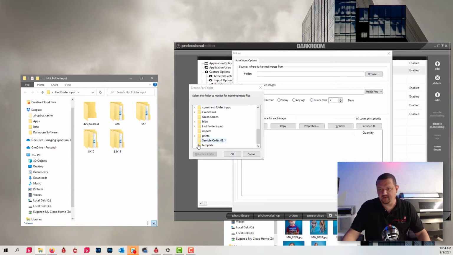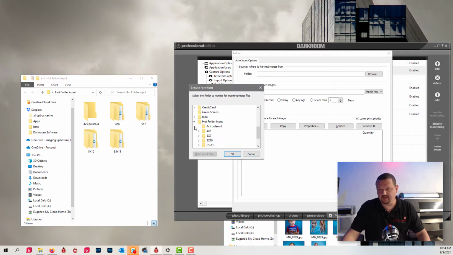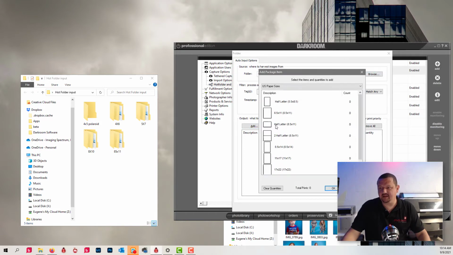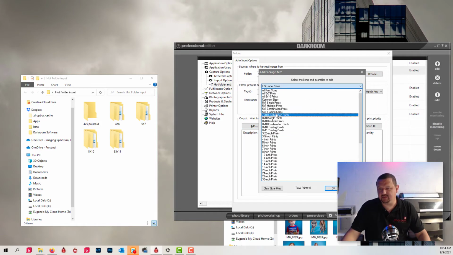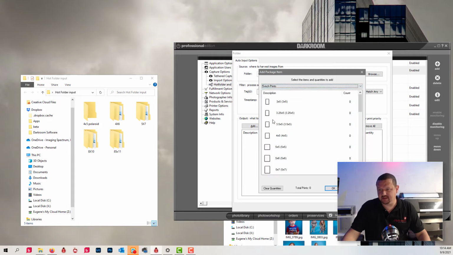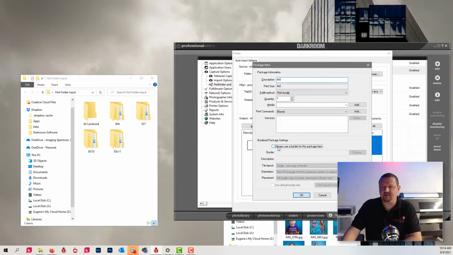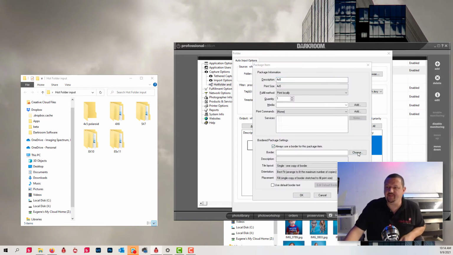And then now here, there's 4x5 Polaroid. And I'm going to click Add, switch to our 5-inch prints, and select 4x5. So this would automatically just output an image as a 4x5. What we're going to do is double click on this, click Always Use a Border with this package item, browse,